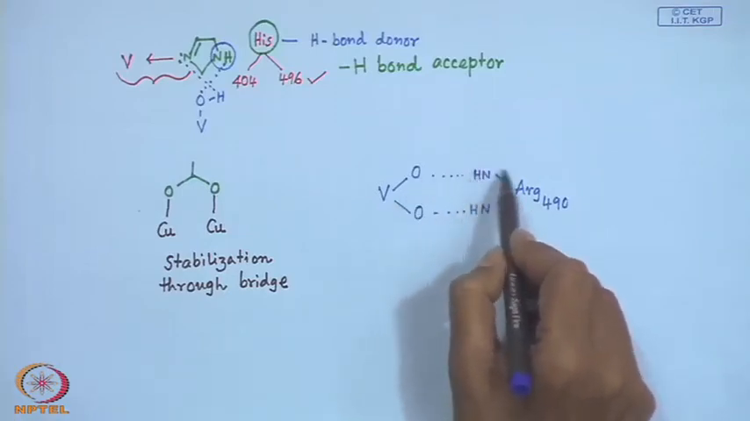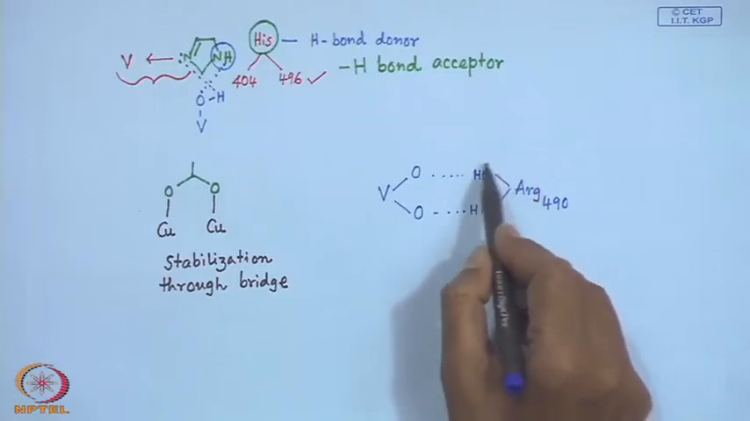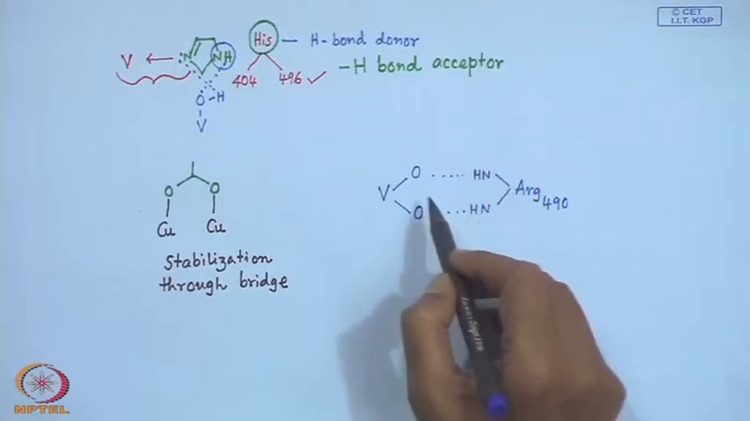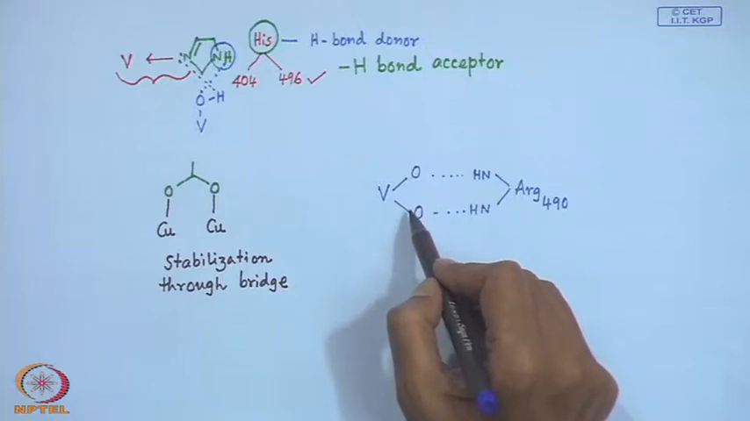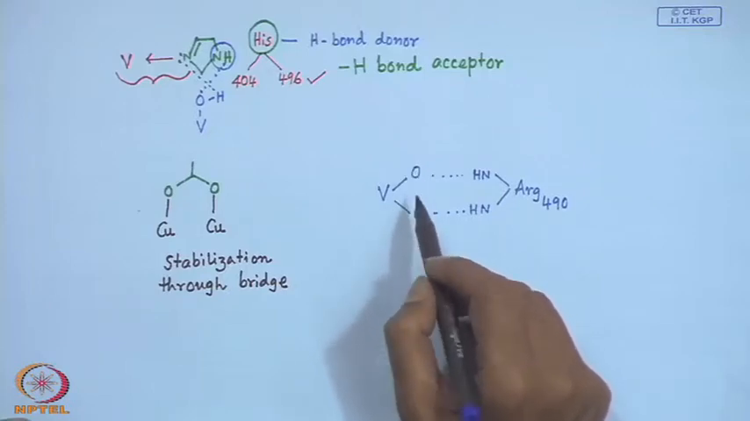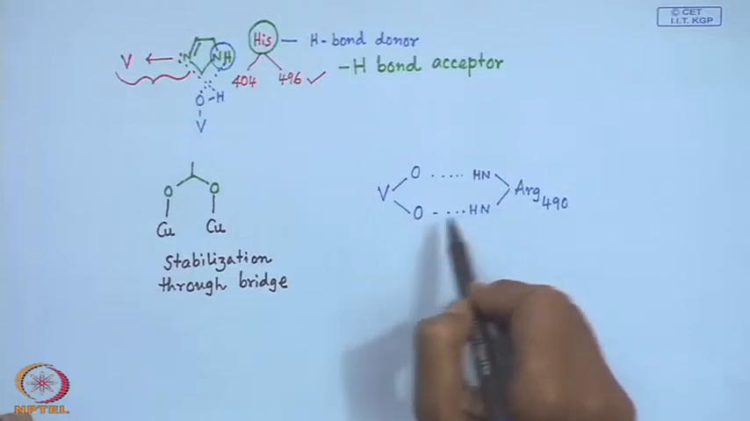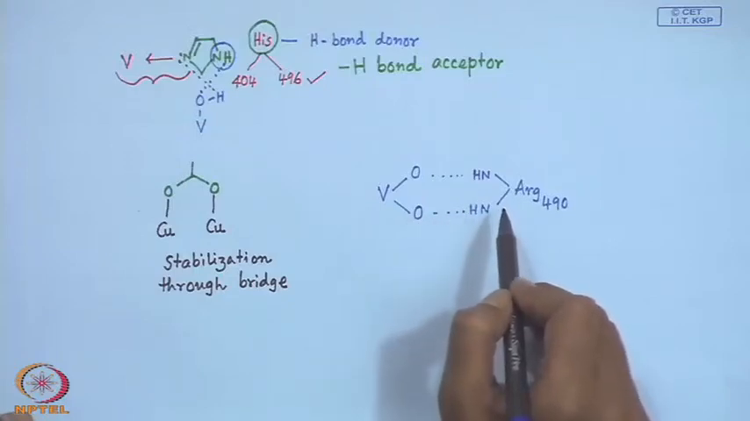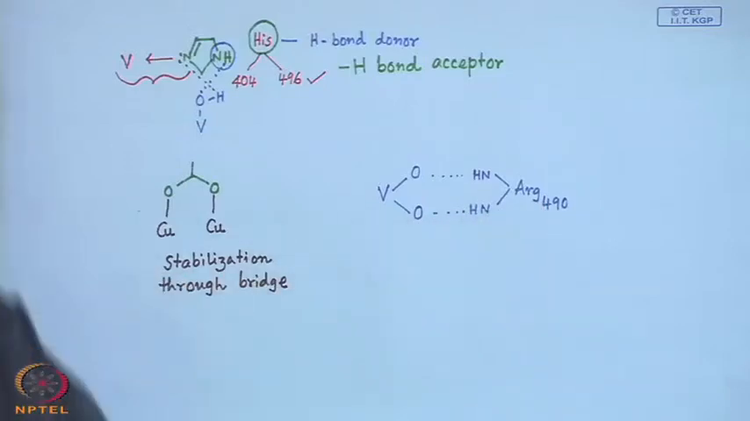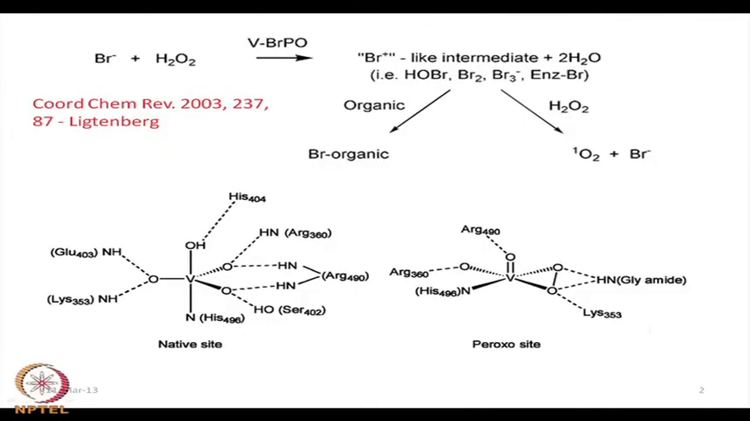So, this bifurcated type of part on the arginase unit is very useful in stabilizing the adjacent oxo units on vanadium. That means the cis dioxo unit is getting stabilized through hydrogen bonding interactions. So, this part is stabilized and it can show also some more interaction with serine residue, serine 402, and